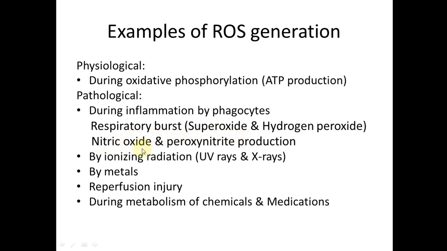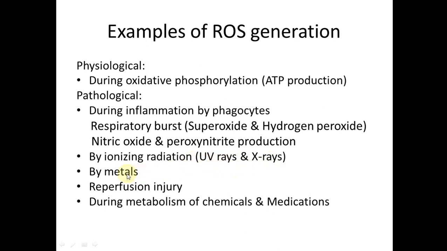The nitric oxide, which is produced by the enzyme nitric oxide synthase, when it combines with the hydroxyl radicals, gives rise to the formation of peroxynitrate, which is also a free radical. The ionizing radiation like ultraviolet rays and X-rays will convert the water in our body into proton and hydroxyl